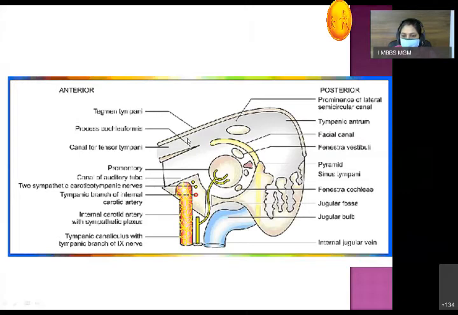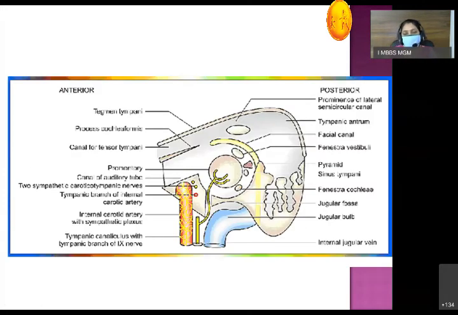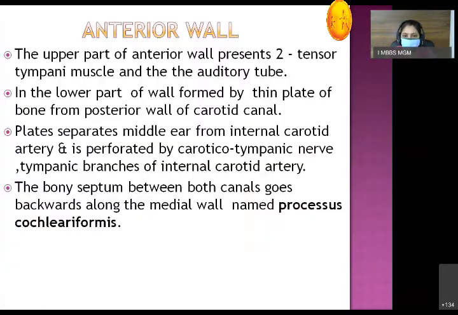Here you can see how you see from this side of your body. This is the transverse section. Here you can see the anterior wall of the tympanic cavity. In the lower part of this wall, you see that it is formed by the thin plate of bone